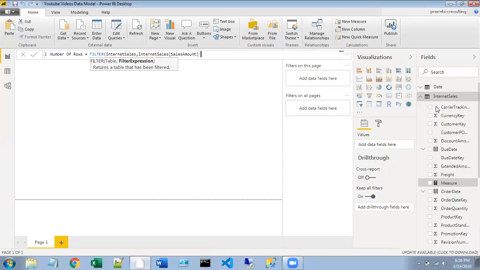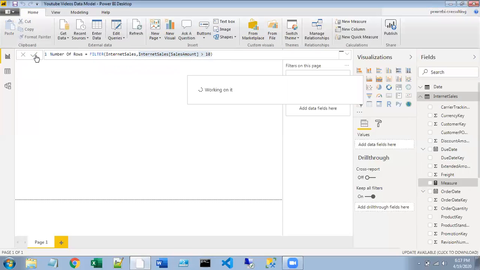Sales amount greater than $10. A measure always expects the expression to return a scalar value like an integer, some number or a string. But the filter function, if you look at the definition, the IntelliSense, returns a table that has been filtered. The second argument is the filter expression. Let's commit.